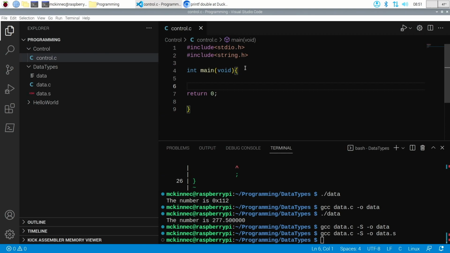Okay, so what kind of control structures do we want to have? Well, we need if then else, and we need loops of some sort. So let's just define a couple of simple variables. What data type should this be? Let's make it, say, an integer. And we could do something like if a is less than 5,